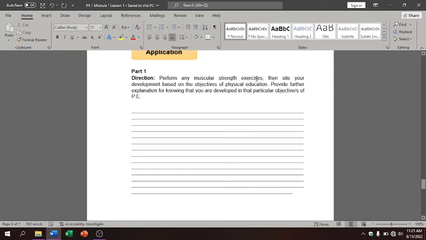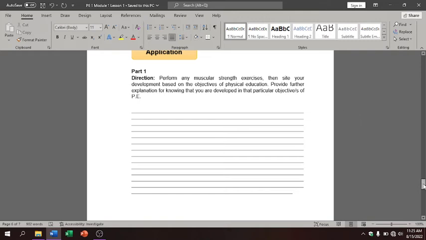These are exercises that can develop your muscles, just like push-ups, sit-ups, and so on. So, you will perform these and then cite what development you got in performing these exercises based